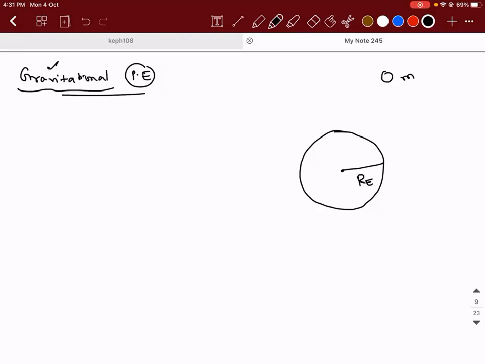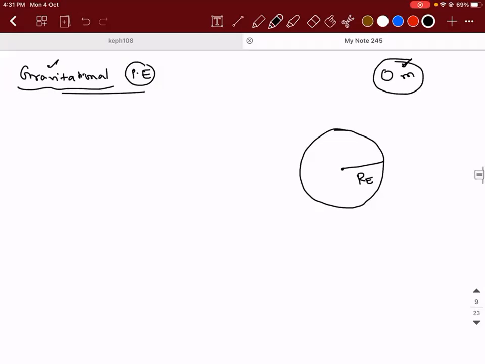Now tell me one thing. Is there a possibility to place this mass m, small m, at a point where the Earth does not have any influence on it? To put it in simple terms, I'm asking, is there a possibility for you to define a point in space where the Earth does not exhibit any attractive force on that particular object? No, sir.